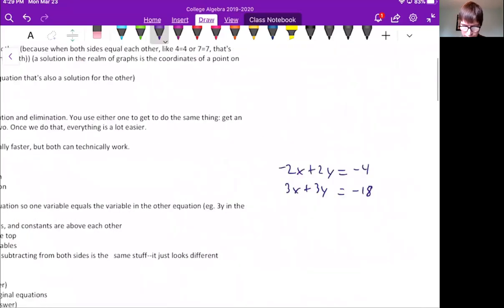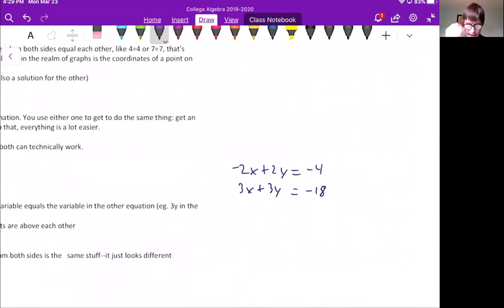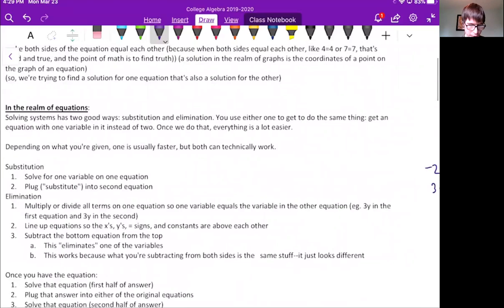So it's good for me to check. Say 3x plus 3y equals negative 18. Yep, okay, that's the same thing. Those are the same numbers. Okay. The first way, the two methods, substitution and elimination, and both methods, your end goal is to end up